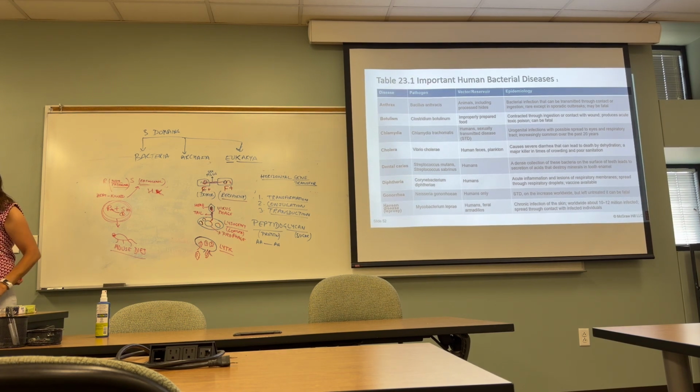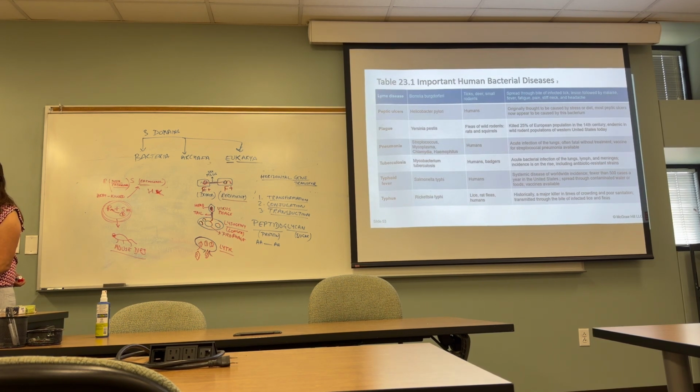As you can see, anthrax is there, Bacillus anthracis, and then botulism, food poisoning, is caused by Clostridium botulinum. All these things. Cholera is caused by Vibrio cholerae, dental caries, diphtheria, Corynebacterium diphtheriae, gonorrhea, Neisseria gonorrhoeae, and then leprosy caused by Mycobacterium leprae. So these are very, very important diseases